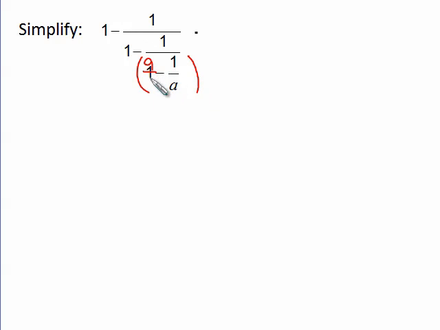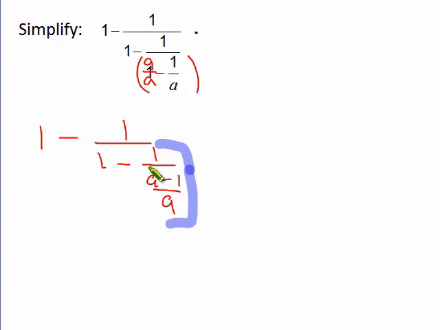So this will become a over a, which is the same as 1. So this gives me 1 minus 1 over, this 1 is right here, 1 minus 1 over, and then now to subtract a over a minus 1 over a, I'm going to get a minus 1 over a. And if you look at this part right here, I have 1 divided by this fraction. So if I flip and multiply, which brings this up, then I have 1 minus 1 over 1 minus, now